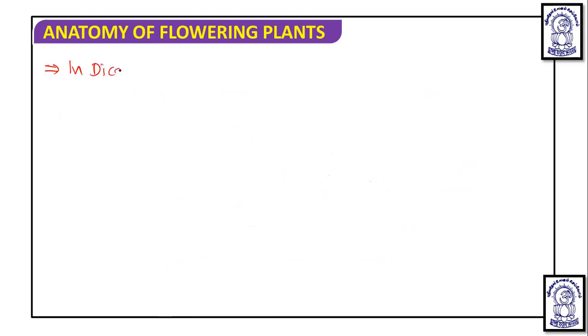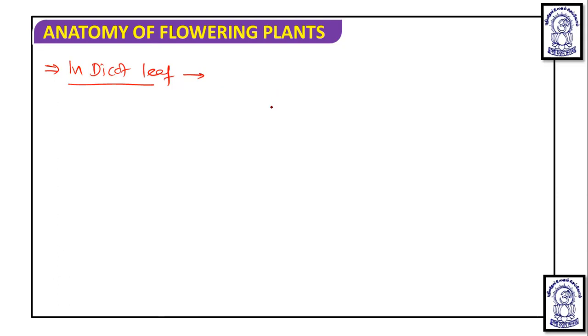In the dicot leaf, the thickness of veins, or we can say the size of the vascular bundle,